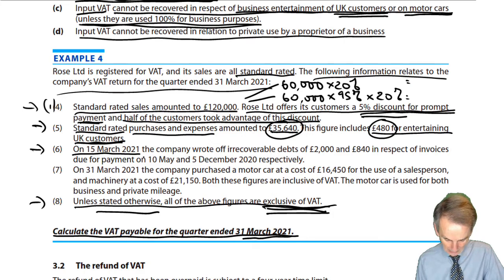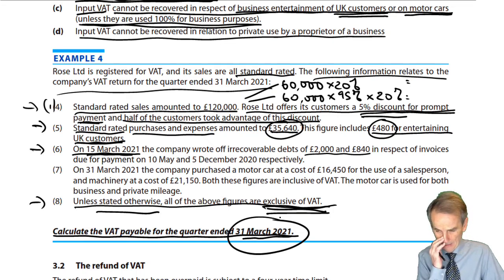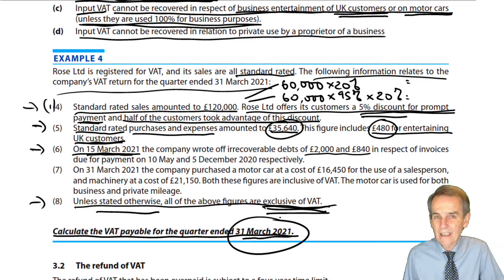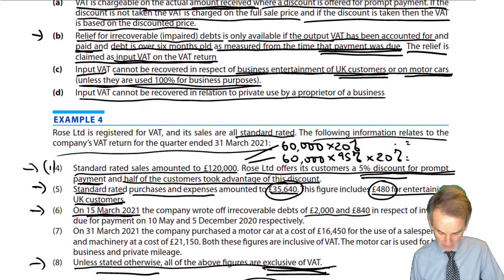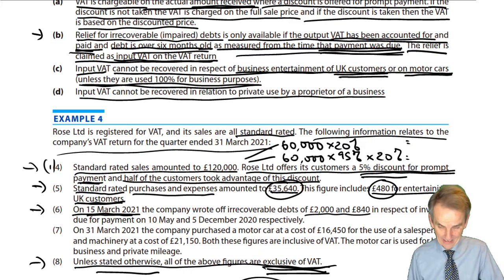On the 15th of March 2021, the company wrote off the irrecoverable debts of £2,840 respectively. On the 15th of March 21, remember, the VAT return period ends on the 31st of March. Now, to have any chance of recovering that amount of output VAT that we charged, but we didn't actually get to receive the money, we have to have written it off within the accounts. So relief for irrecoverable debts is only available if the output VAT has been accounted for and paid, the debt is over 6 months old, and the relief is claimed and measured from the date of the time. So we have to have written it off and then satisfy, and here's the main point being tested, the 6-month